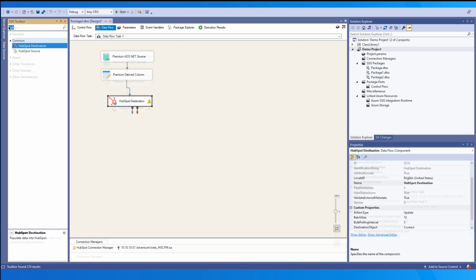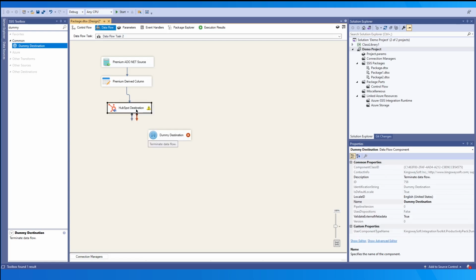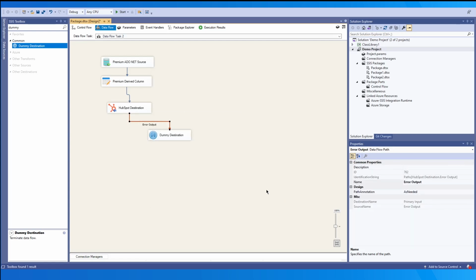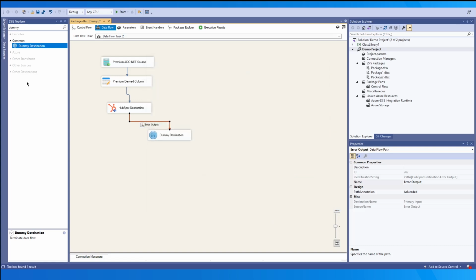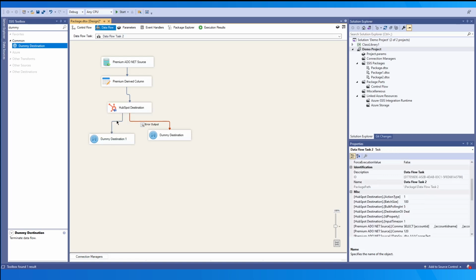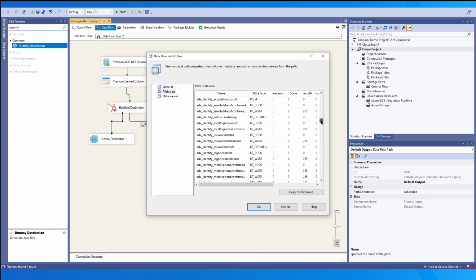The last thing we want to show is how to connect the output path for further downstream components. The red path is the error output path that has the error rows, and we can set this to redirect. If we double click the path, we can see the error columns that have additional error details such as the error code, the error column, and the error message columns. We may also connect the default path downstream, which is the records that have successfully been written. Any of the additional fields selected in the error handling page will be present there, such as the selected HubSpot record ID, the isNew, or the accepted columns.